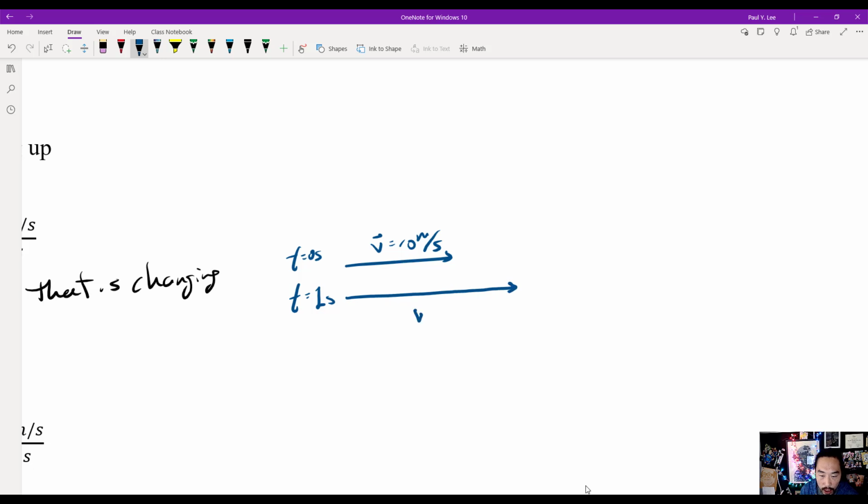This is now 12 meters per second. And so what acceleration tells us is, let's take a look at the difference between the two, right? Because acceleration is delta v over delta t, and that delta v is a vector subtraction, which is v final minus v initial. So the v final is this 12 meters per second, and we're going to subtract this 10 meters per second